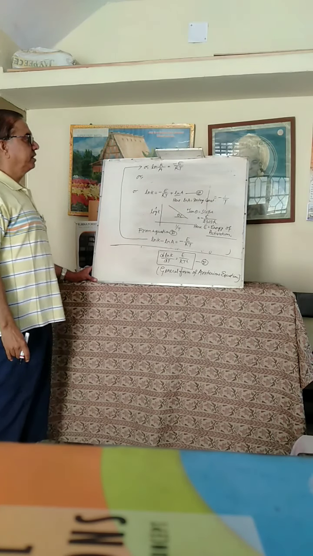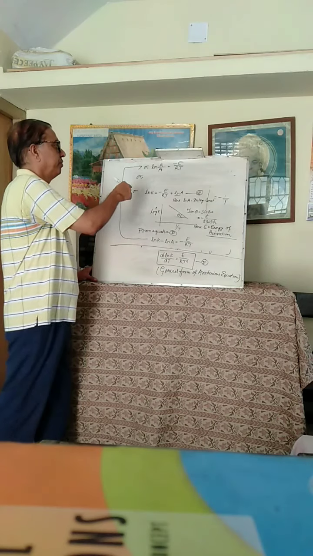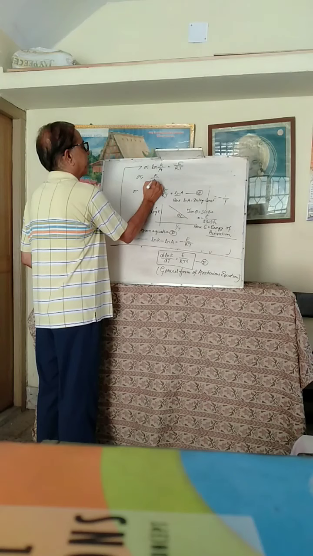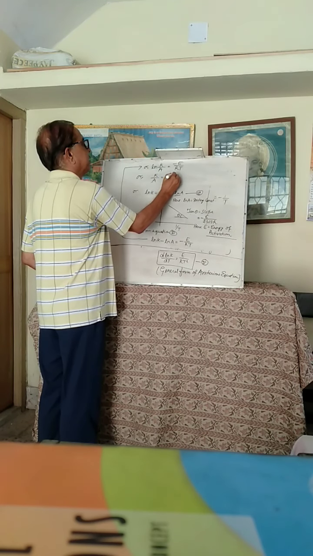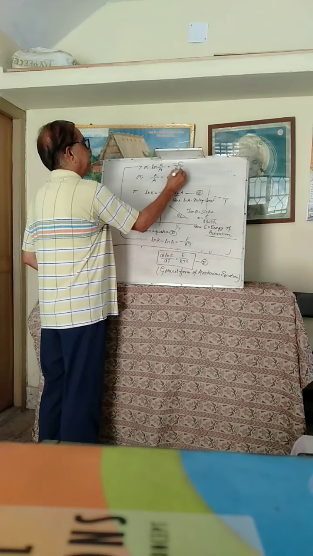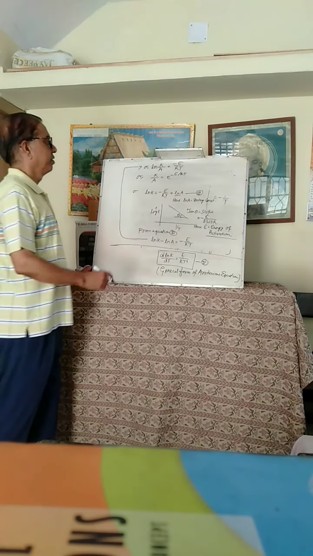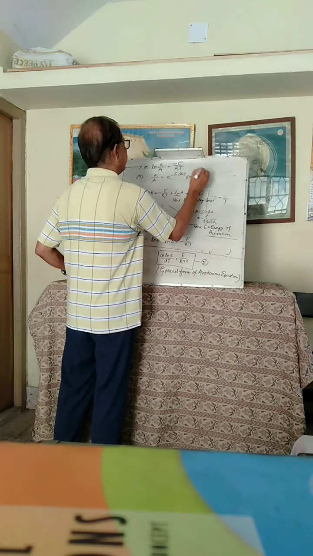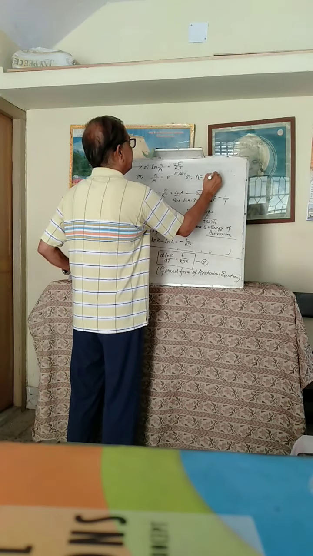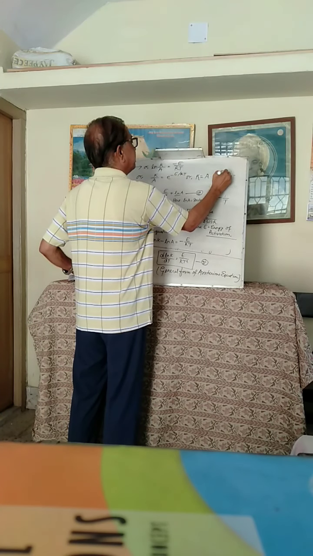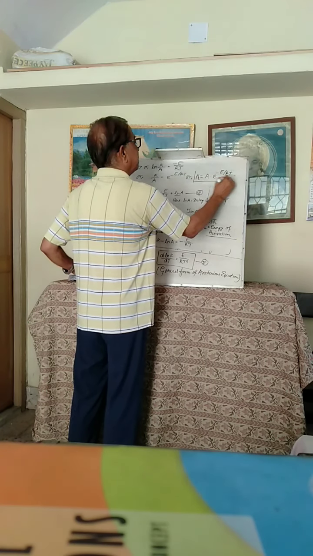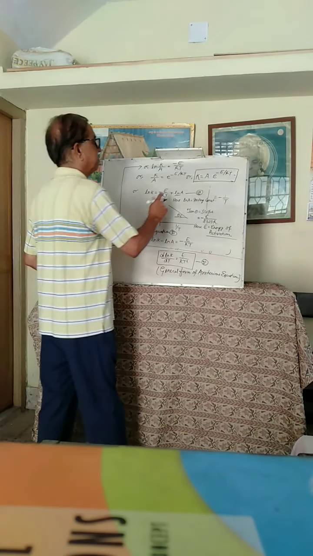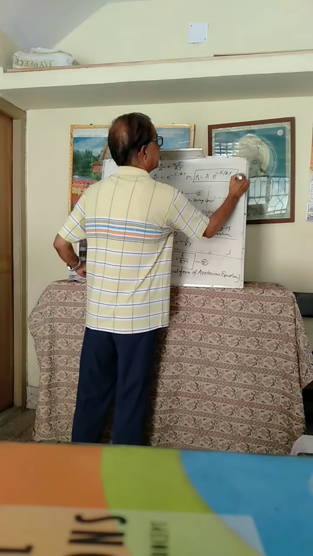Changing from log to exponential form, we can write K upon A is equal to e to the power minus E upon RT. Or K is equal to A into e to the power minus E upon RT. Here small e is the exponential. This is a very important form of the Arrhenius equation. This is equation number 7.